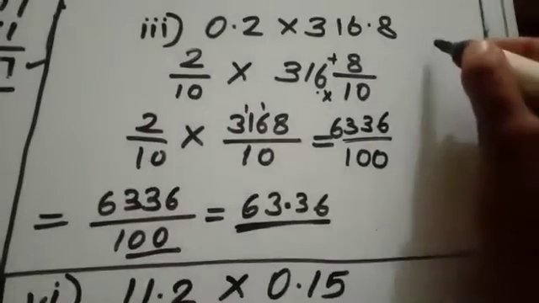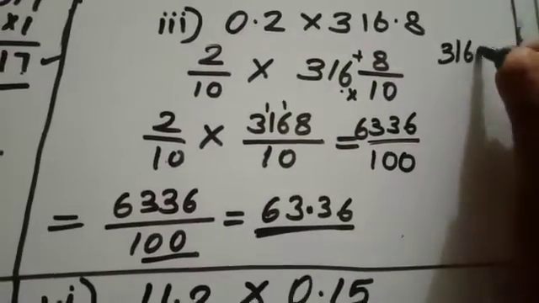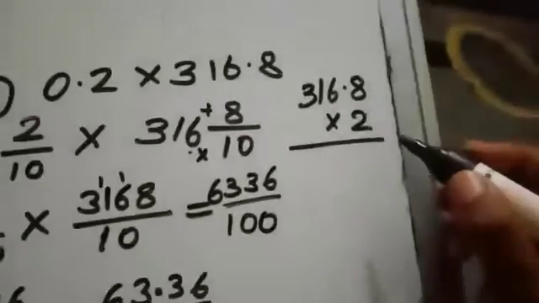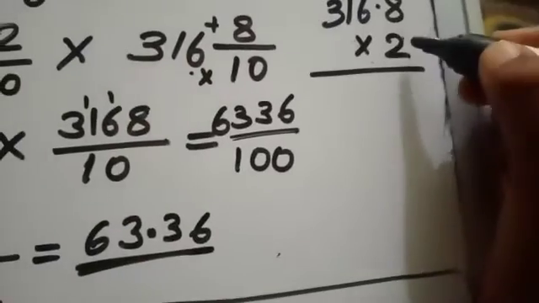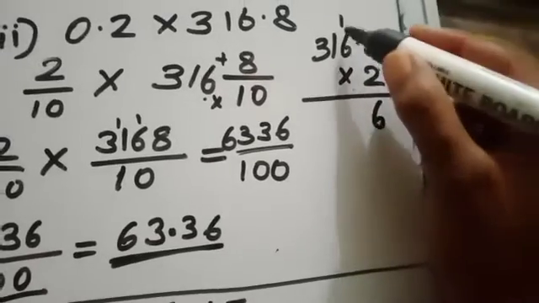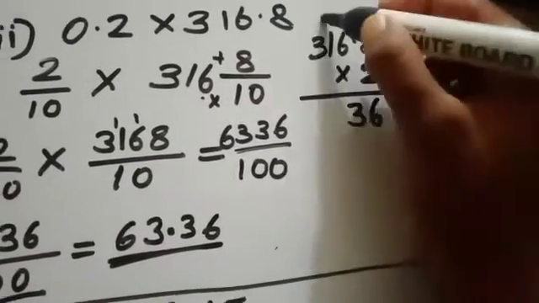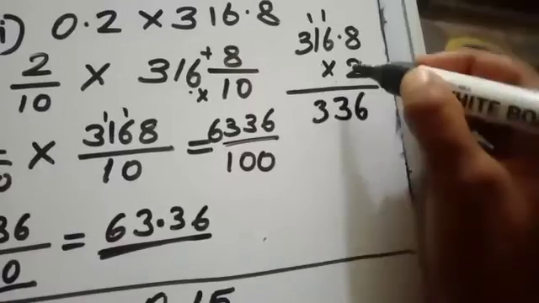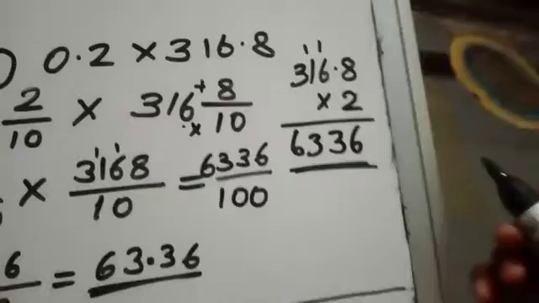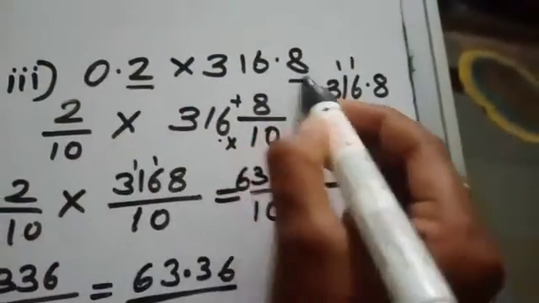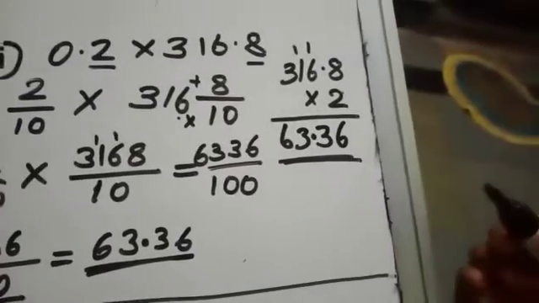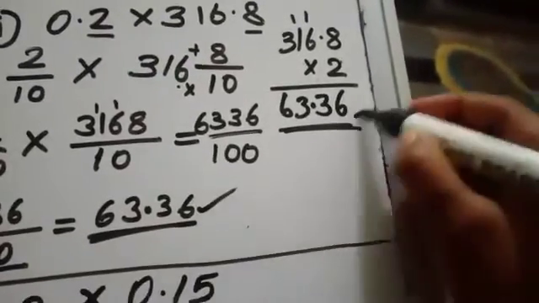Either, as I told you, 316.8 multiplied by 2, you can ignore the decimal, then you can do direct multiplication. 2 8s are 16, 1 2 6s are 12 plus 1, 13, 2 1s are 2 plus 3, 5, 2 3s are 6. Again we have got the same answer. After multiplying, you count how many decimal places are there. There are 2 decimal places. Let us leave 2 decimal places, then you put the decimal point. So you have got both answers correct.